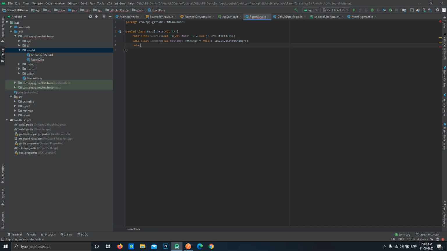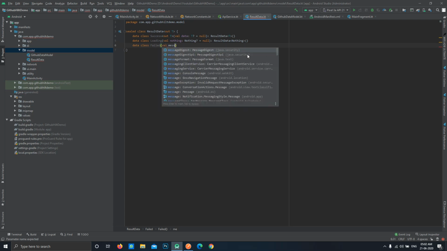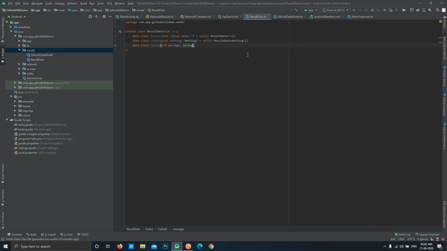So now another state will be, let's say, failed. In the failed case there can be a case where the API returns a status message, which we may need to show to the user in some alert dialog or toast. So let's take a message over here which will be of type string, and this can be null too because there can be a case where our API will never return a status message.